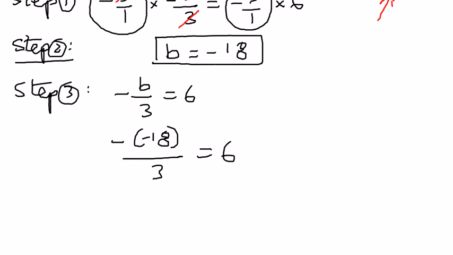So 18 is a multiple of 3. 3 times 1 is 3. 3 times 6 is 18. And therefore, negative times negative is a positive, and then we are left with 6, and the value we have on the right hand side is also 6. Therefore, this tells us that the value of b we have arrived at, equal to negative 18, is exactly correct. So this is the way we want to use the multiplication property to be able to solve linear